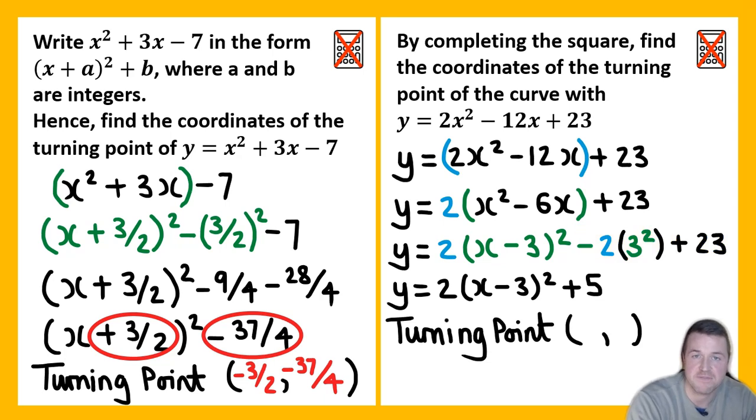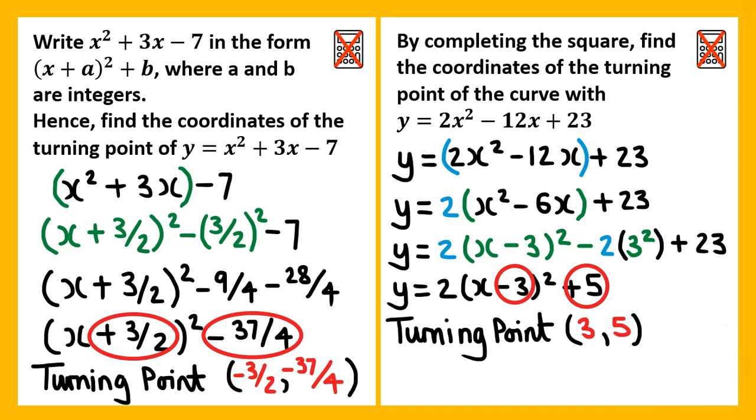My turning point is found in exactly the same way as the other previous questions, and the 2 being on the outside of the bracket does not impact either of the x or y parts of the coordinate. Again, you'll grasp more of an understanding for why this is after you've done graph transformations. So the x part of the coordinate would be positive 3, and the y part of the coordinate would be